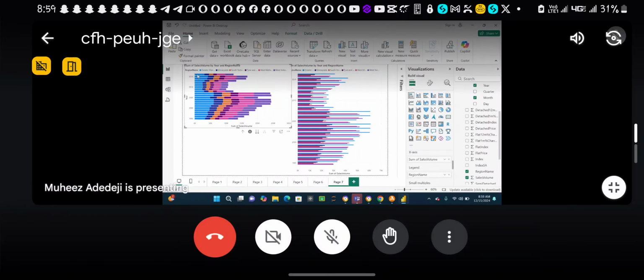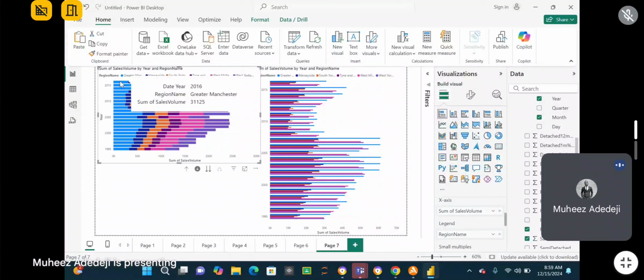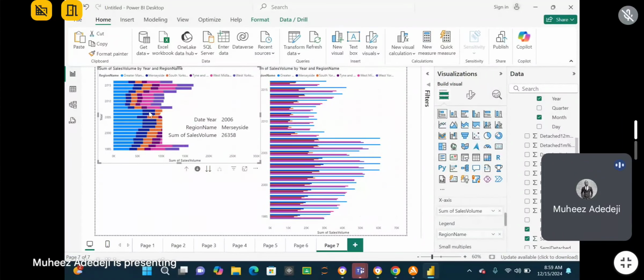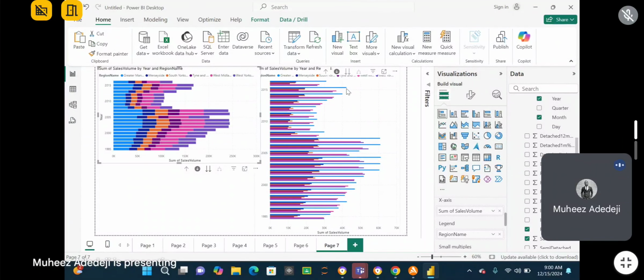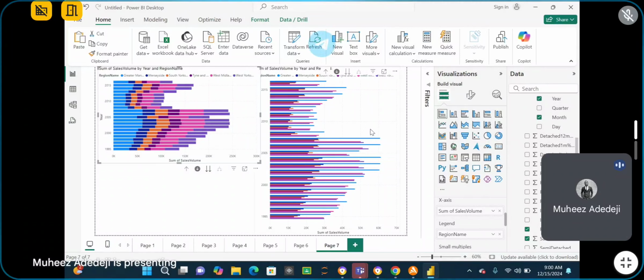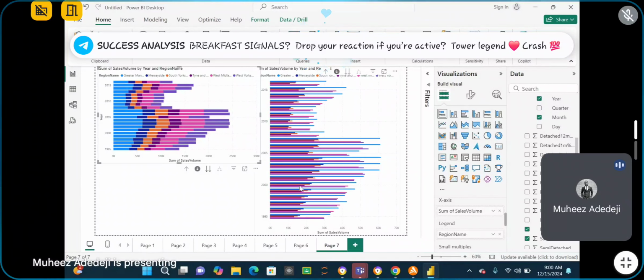They're just basically on top of each other, but it's not showing the exact amount that we have. You're not really able to see the peak, but for this cluster chart, you're able to see each region and the sales volume for each region. So in cases where you don't have so much,